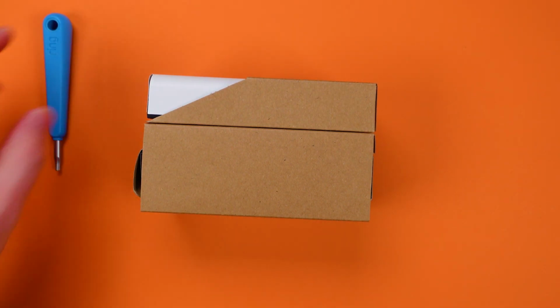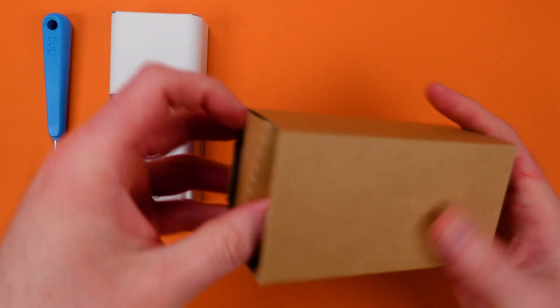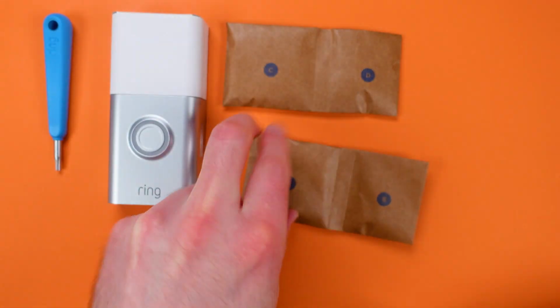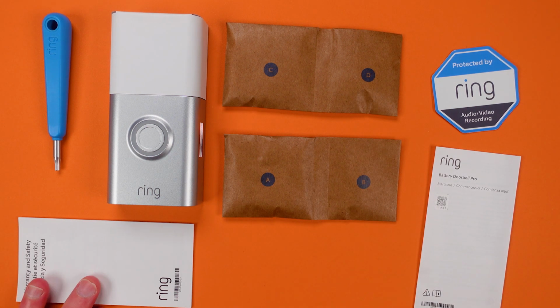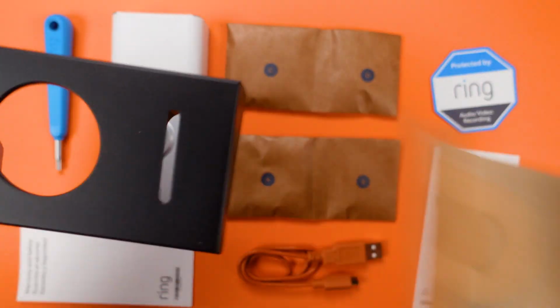Number 3, this has the same look and all of the same features as other Ring products, and especially the video doorbells. That means the resolution is very much the same, although this one does have that square footage look, which helps with seeing your packages. That doesn't make it a huge upgrade in terms of footage,